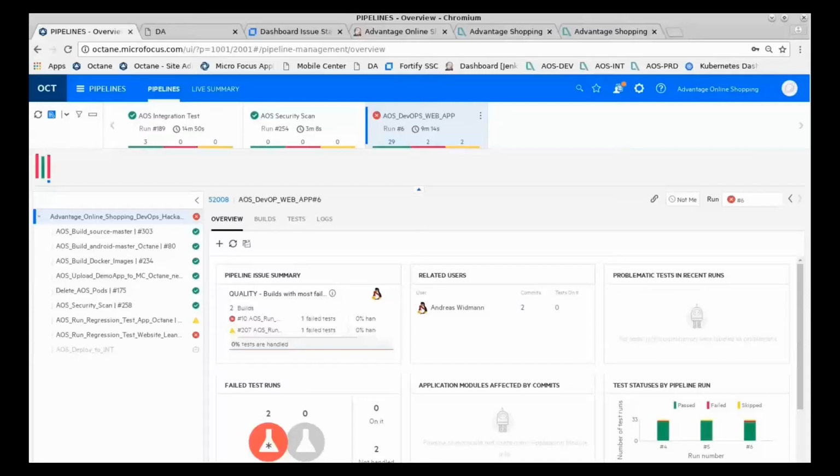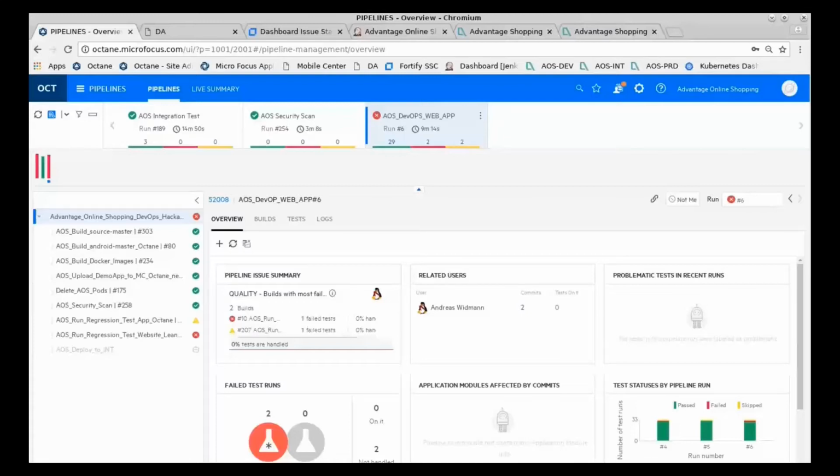In this demo today, I will use Jenkins as a CI server, executing those automated tests. But Octane, for your information, can be integrated with other CI servers, such as TeamCity, Bamboo, and Azure DevOps. For the automated functional tests, I will use UFT, the Micro Focus solution. And I will use Fortify, another Micro Focus solution, to execute security tests by scanning the application to detect vulnerabilities.